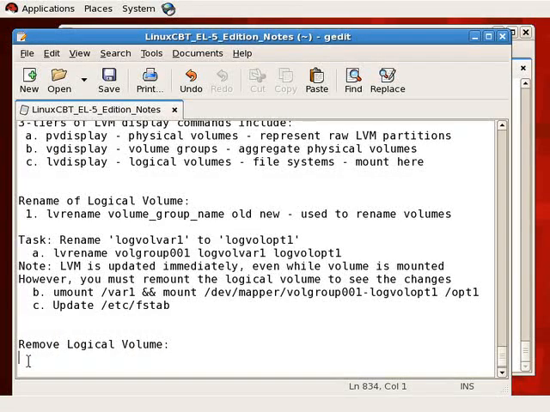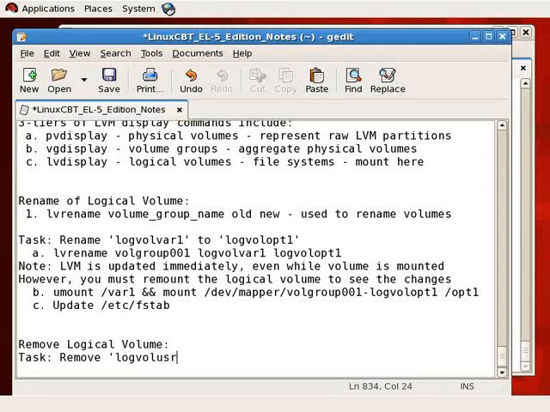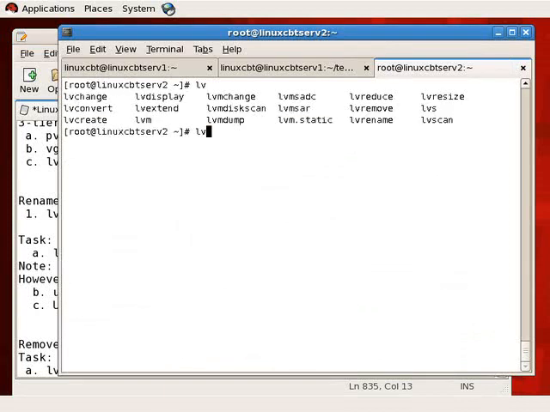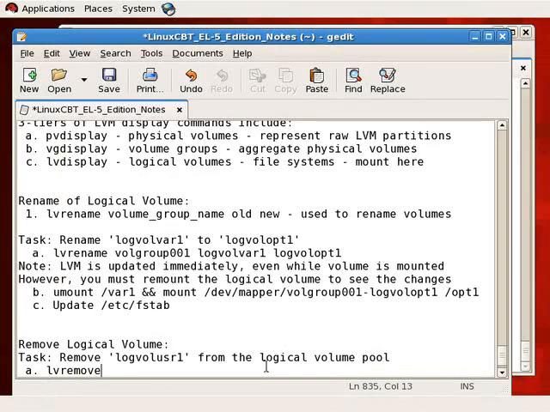The LV set of tools includes a utility named lvremove. So the task is to remove log vol user1 from the logical volume pool, which means we can reclaim that storage and assign it to something else. We could even reformat it if we'd like, which would clobber the data. So we'll execute here lvremove. Again, LV comes handy with multiple tools. Just type lv, tab it out, and you'll see what's available. Change, lvmdiskscan, rename, remove, and so on, resize, which we'll be looking at shortly. So lvremove,